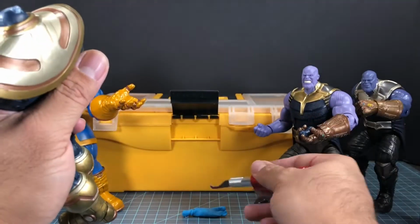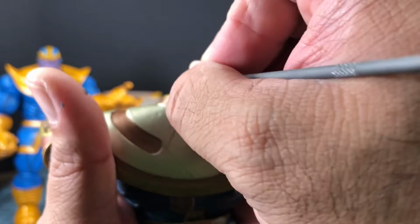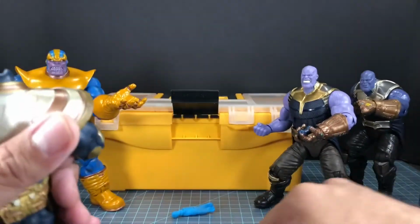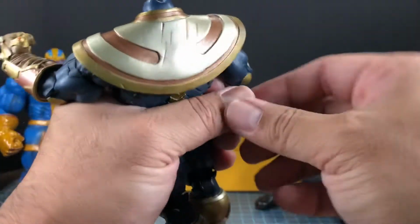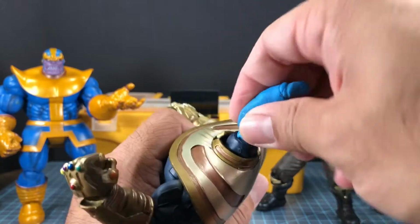All right, I think that's gonna do it. I don't think I want to go too much further if this ends up not working at this point. I think I'm just gonna leave it the way it is and call it done, because this is kind of making me nervous. It's the first time I've done a mod like this before on a ball joint, so it's kind of